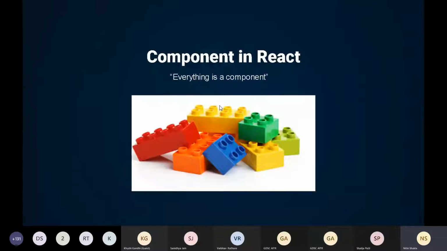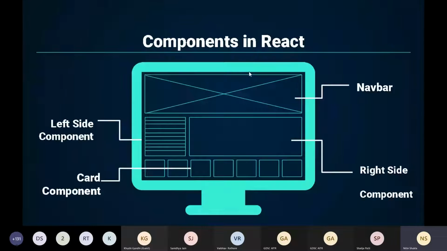ठीक है, सो लाइक हमें अगर एक वॉल बनानी है तो वॉल में कैसे छोटे छोटे ब्रिक्स हम लगाते हैं, बहुत सारे ब्रिक्स से वॉल बनती है। इन सिमिलर वे, React is formed by the components, and it is like the heart and the soul of React. Like here we can imagine it is a web application. Okay, so in the starting में हमारा एक लेफ्ट साइड कंपोनेंट हो सकता है और ये राइट साइड कंपोनेंट, कार्ड कंपोनेंट। सो लाइक बेसिकली इट इज मेड अप ऑफ द डिफरेंट कंपोनेंट्स।